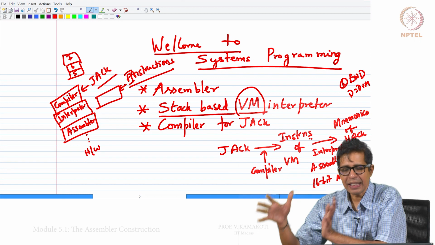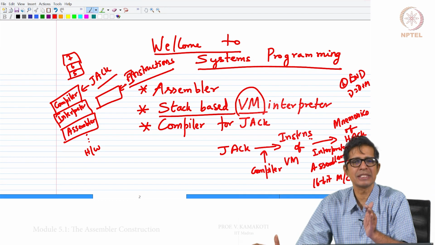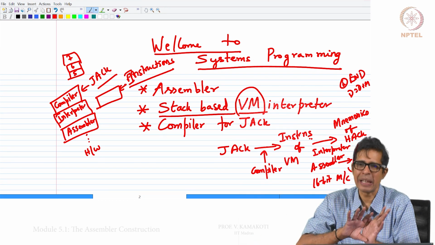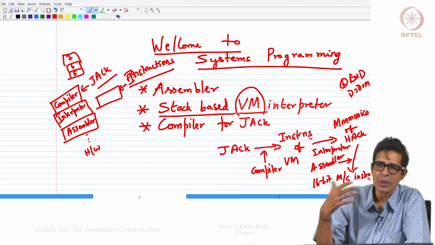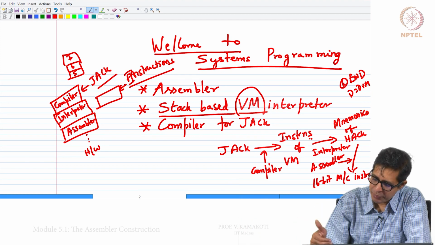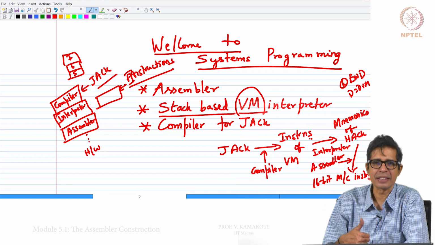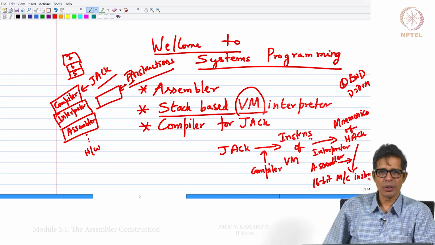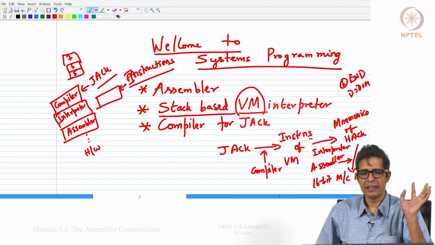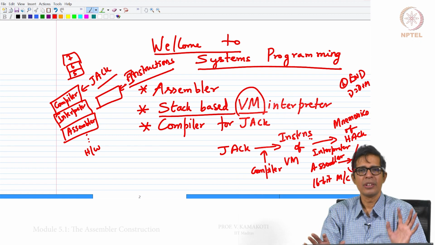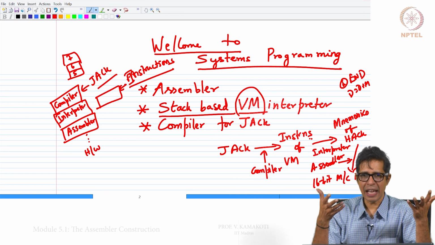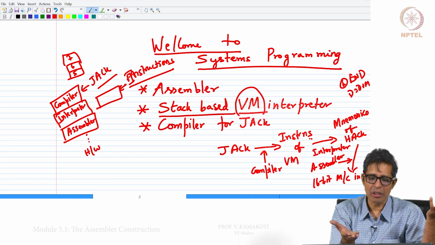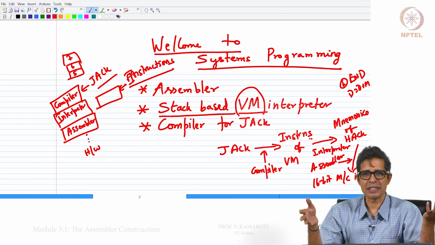Now, we have created a hardware which can accept these 16-bit binary machine instructions and run them. Now we have to build this entire assembler, interpreter and compiler in the remaining part of this course. To sum up, ultimately the user can write a program in Jack, use the compiler that you have made to convert it into instructions.